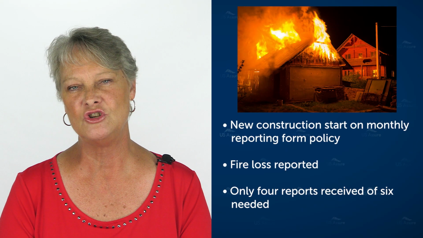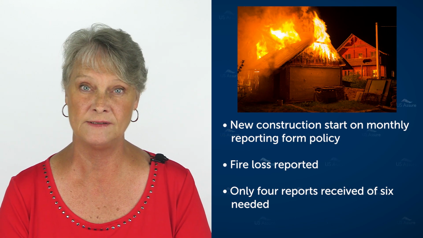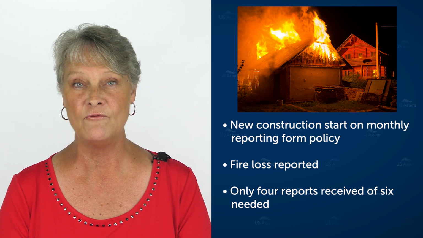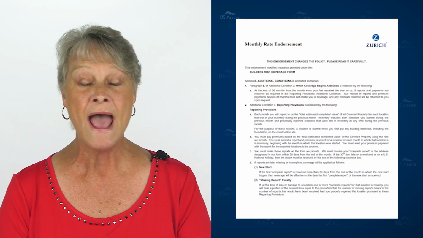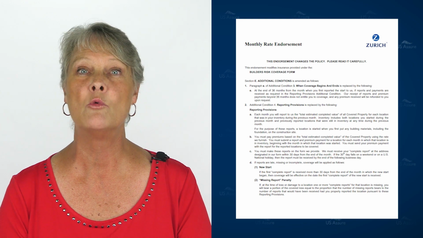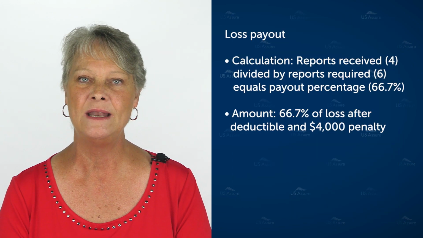The adjuster was able to determine we only received 4 reports and we should have received 6 reports. Being a monthly reporting form, the HBIS 4 condition reflects we have to receive all reports that were due at the time of the loss, and we did not. So what happened is only